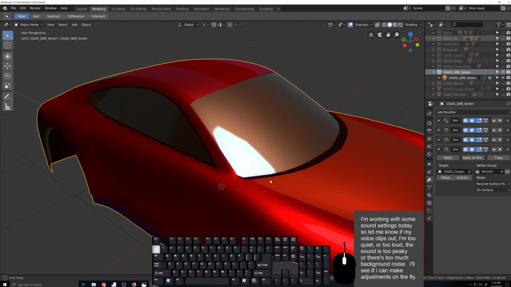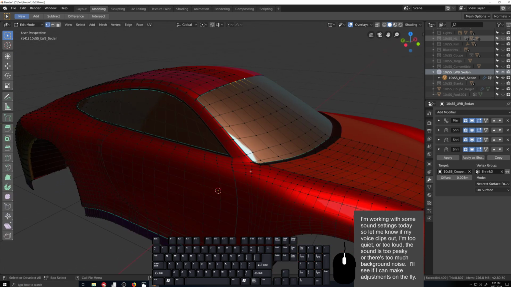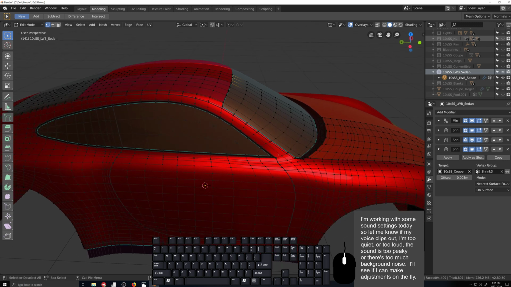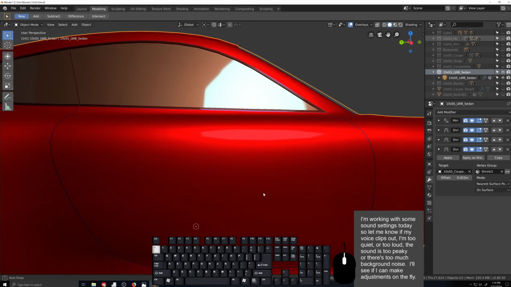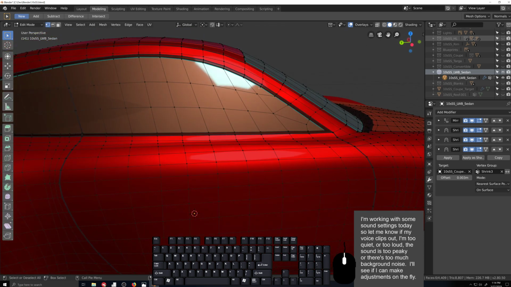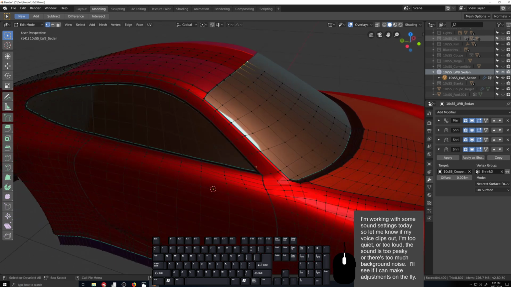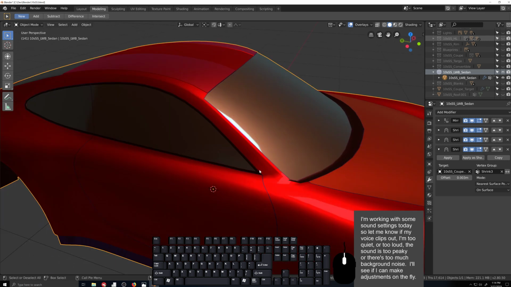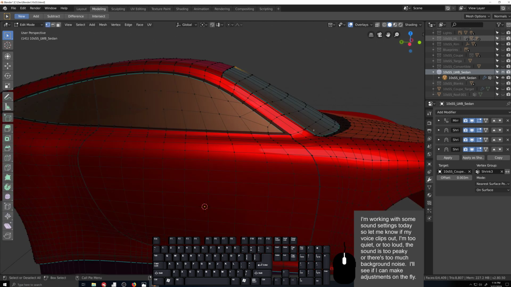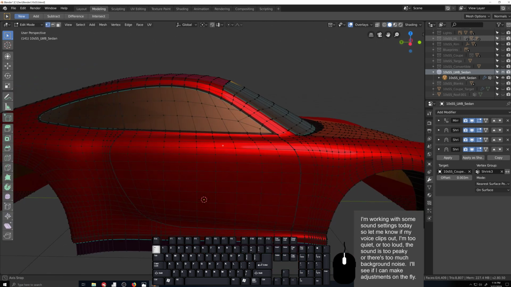I didn't like the way the reflections were looking through here, and I had some kind of funky geometry in here. So I just transferred the geometry into here so that this is all flat and it'll look just fine. So I can have my weird shaped quad there, and that's all fine. I just got it off of here so that I could get better reflections along the A pillar. So now that that's making more sense,